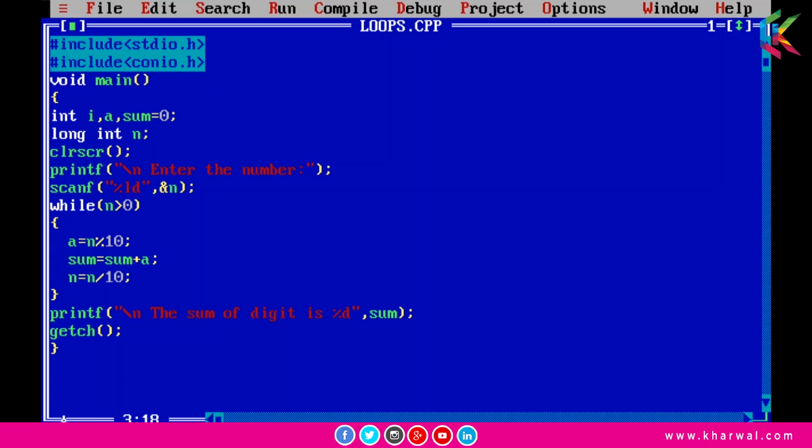So guys, suppose we have entered a number, let's say 53,476. Now in the while loop, 53,476 is greater than 0, so this condition will be true, and now we are calculating the last digit from this number by using this expression. This expression is a equals n modulo 10, and that will give you the value 6. So the value of a will be 6, and then we calculate sum by sum equals sum plus a. So the value of sum will be 0 plus 6, that is 6, and then we perform the expression n equals n divided by 10. So the value of n will be